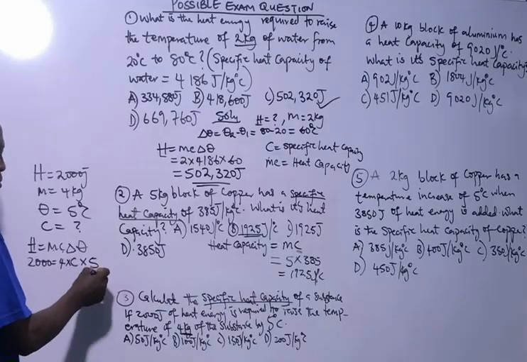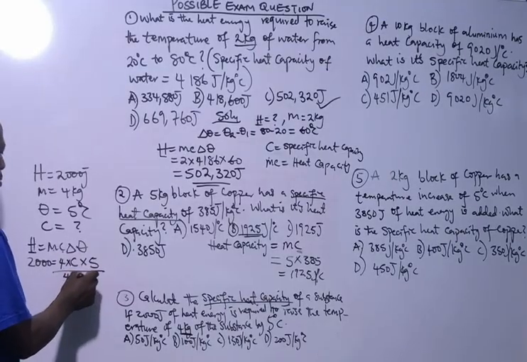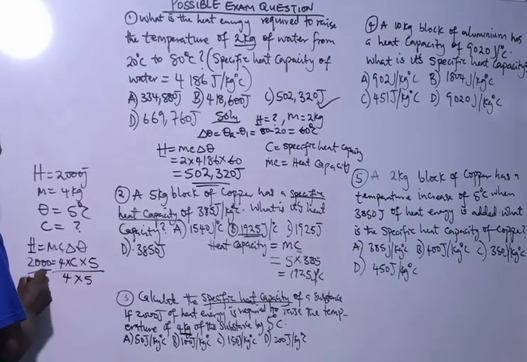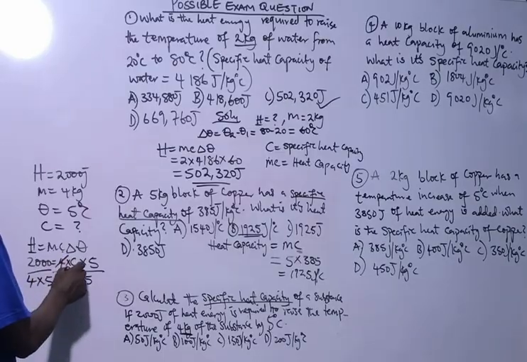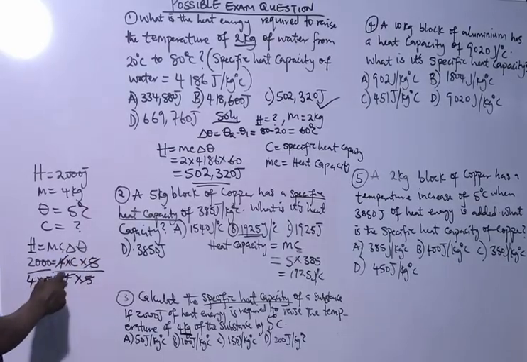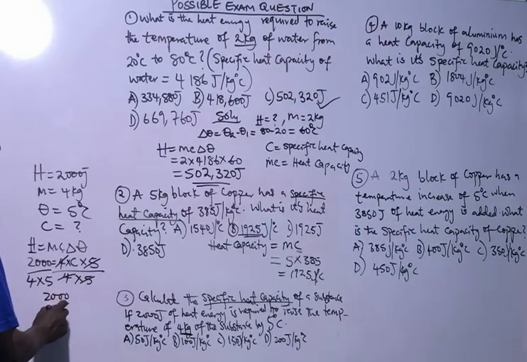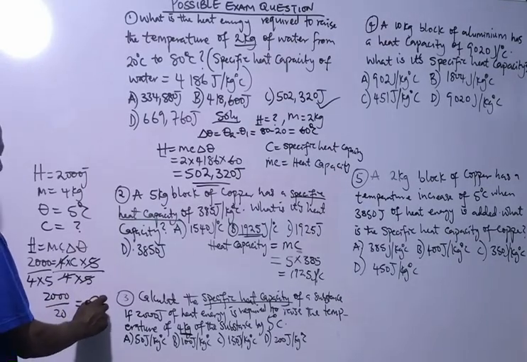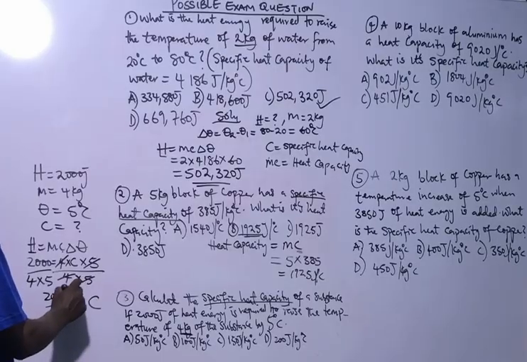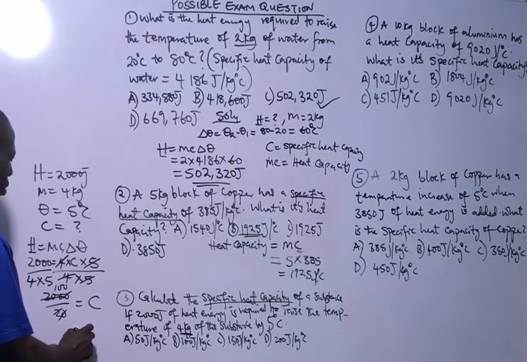So since we have this now, we divide through by 4 times 5. The 4 cancels out 4, and the 5 cancels out 5. We have 4 times 5, which gives us 20. So we then have 2000 divided by 20 is equal to C. Cancelling the 0 here, and then 2 into this side, we have 100. So that means that C will be 100